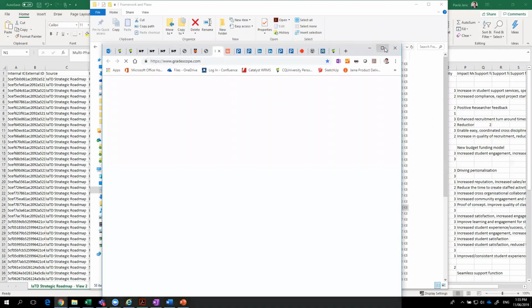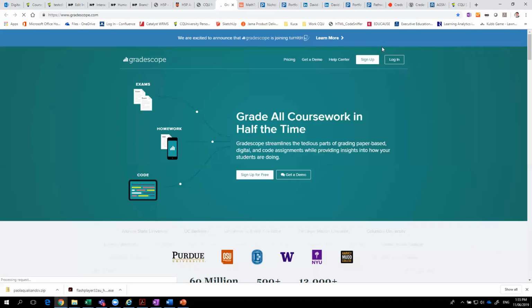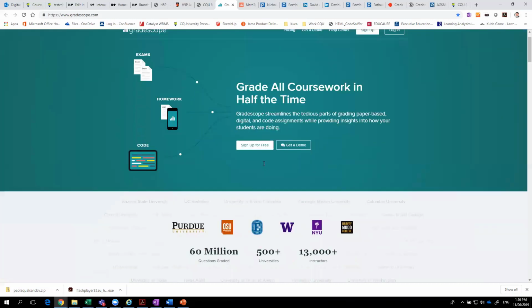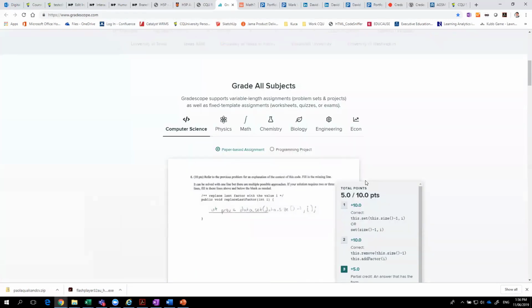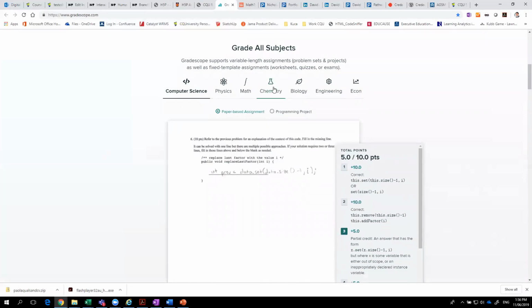Moving on outside of content, some of the other exciting things we're looking at is intelligent marking. Intelligent marking isn't replacing academics for marking. I've had a question from the research office whether intelligent marking can automatically grade an entire thesis so that nobody else has to bother. Unfortunately, no. It's not there to replace markers, but it is there to help them. So if I show you an example of, I don't know, let's go to chemistry here.